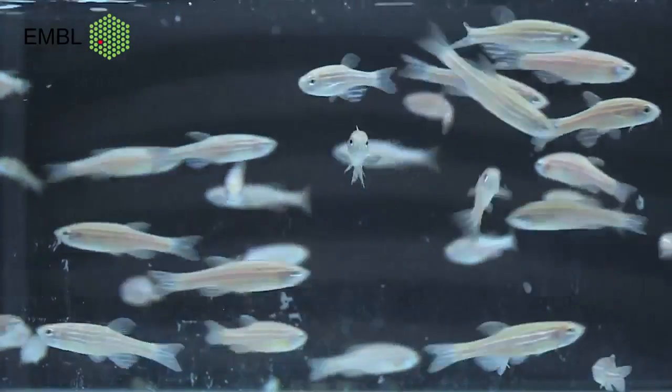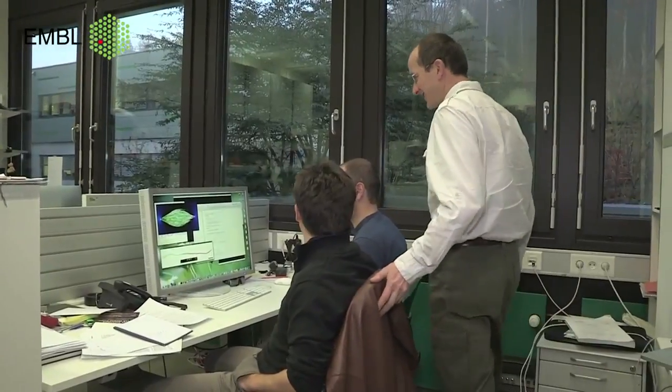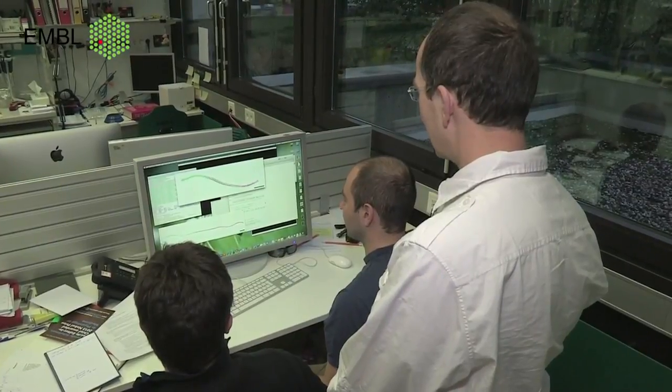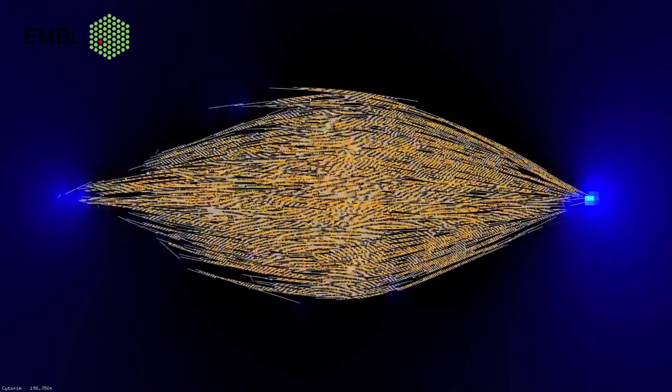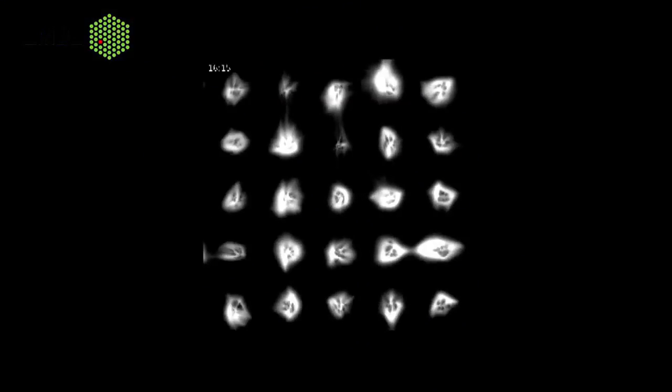tail of the fish. François Nédélec's group in the unit specializes in computer simulation, and this allows us to extract knowledge from the complex dynamic behavior of molecules that we observe in living cells. Through computer modelling, we're capable of representing the different components that go into making the spindle in the computer, and then we can look at those different activities and how they work together in order to make the structure function